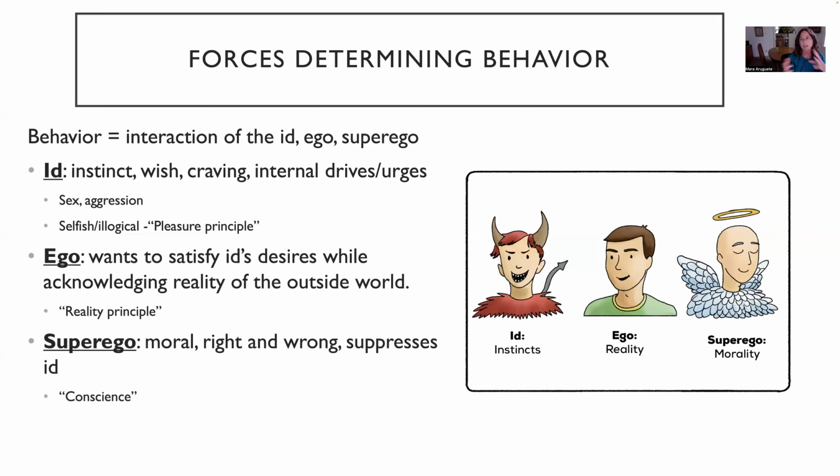And because it operates on this more logical basis, we call that operation the reality principle. It operates on the reality principle. And then finally, the superego is a part of us that basically is about morality. It says that this is right or this is wrong. And so in this case where your id is saying, I'm going to punch this guy out, and the ego goes, wait a minute, let's do it when not so many people are around, the superego goes, but aggression is bad and wrong, and you shouldn't punch that guy at all. And so that is often called our conscience.